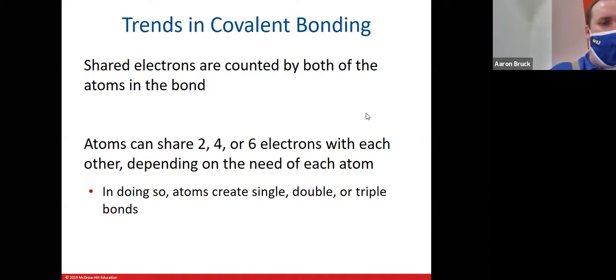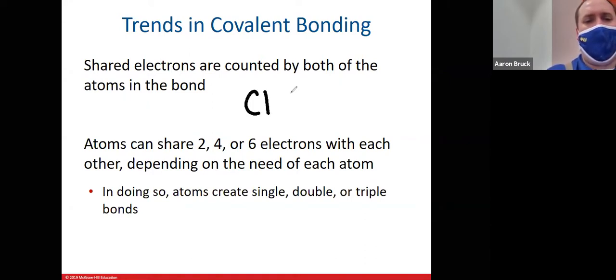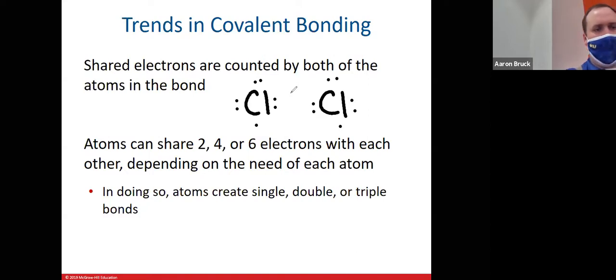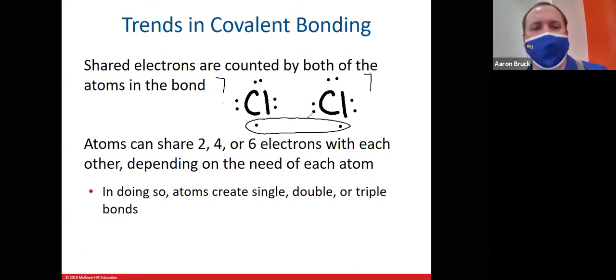So if I draw, for example, a pair of chlorine atoms bonding together, right now we would say that this chlorine has 7 electrons and this one has 7 electrons. If they share their unpaired electrons with each other,